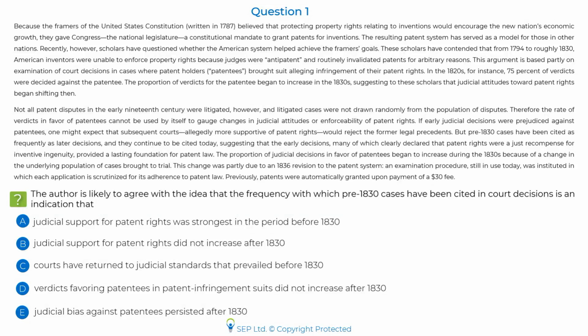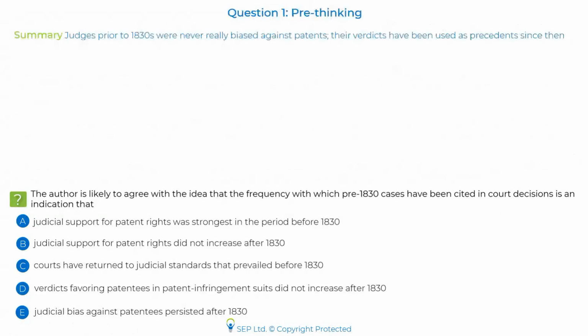So let's see. It's really between B and C, guys, and the language. Okay, pay attention to the language as I explained. So A, no one has marked and it is not the answer. Okay, the author is likely to agree with the idea. So the author is likely to agree with which idea? One, have I done any pre-thinking here?